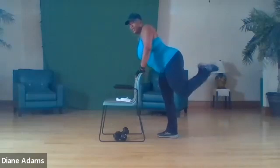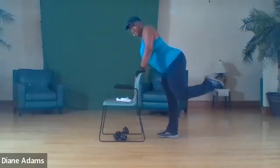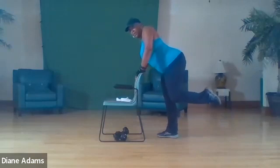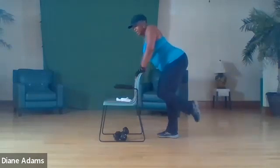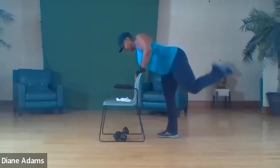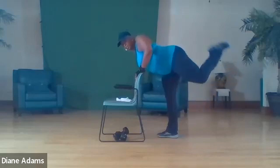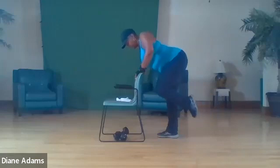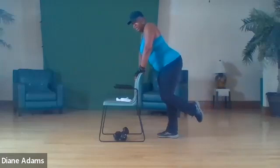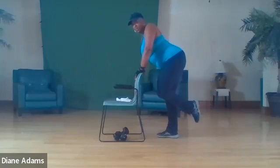Hamstring curl, 7, 8, 7, 6, 5, 4, 3, 2, 1. Want to keep that leg bent with that knee bent. I want to lift that knee up. Bring that ankle up, 7, 8, 7, 6, 5, 4, 3, 1. All right. And gonna take it out to the side, a fire hydrant, and then bring it back down,